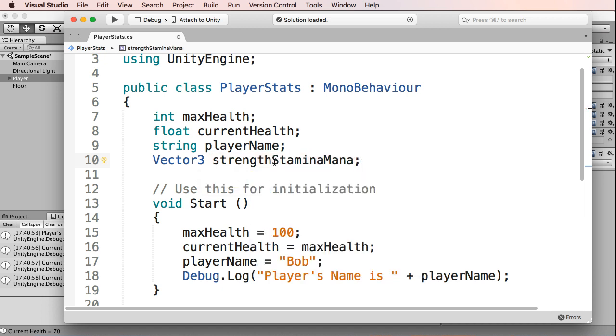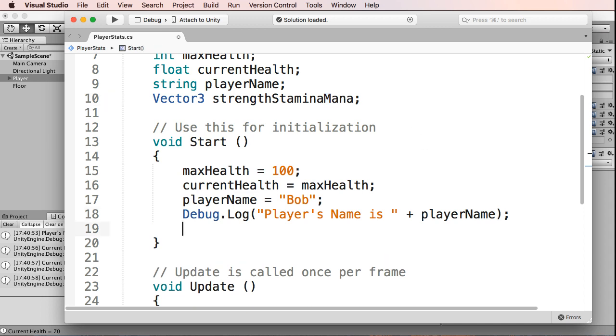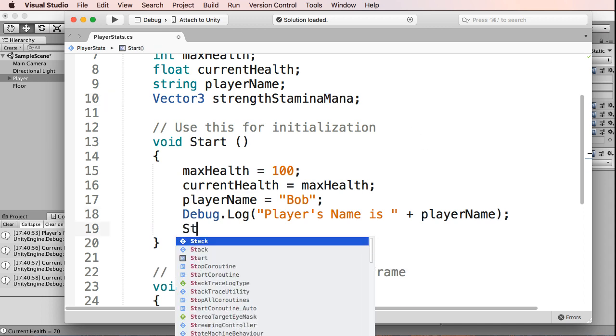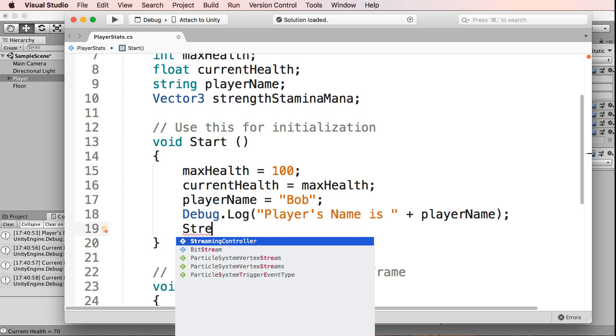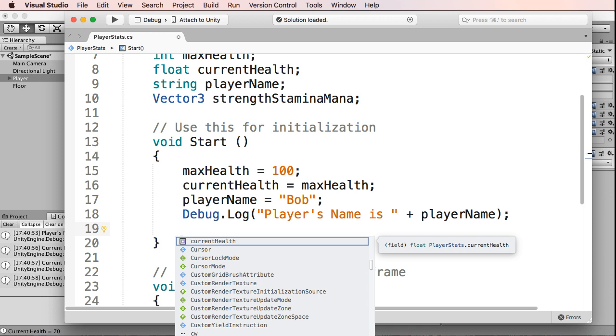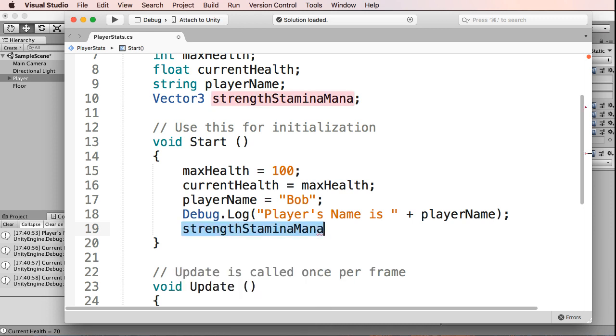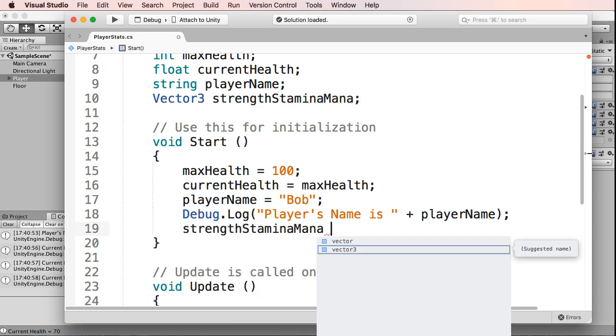And stamina and mana. So we've got three different things that we're going to keep track of on our character. So when we assign a value to that, what we're going to do is go capital S. See, capitalization matters. So I'm going to go lowercase strength, because this is a variable, so it's lowercase, is going to be equal